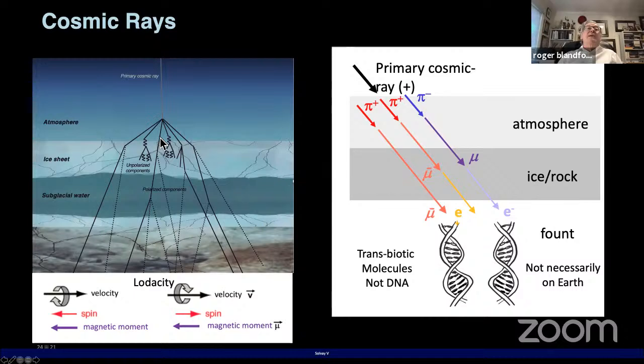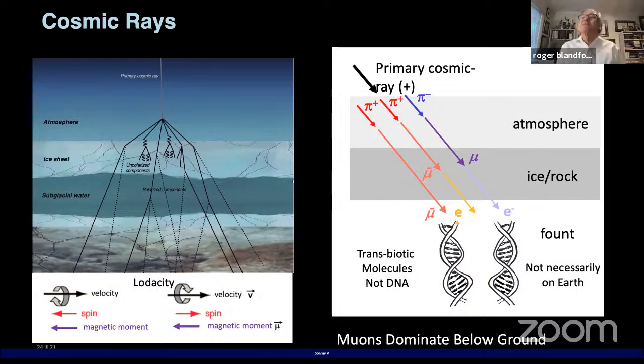These particles go through many interactions, and one of the important primary interactions it has is that it will make particles called pions, positively charged pions called pi plus, and a minority of negatively charged pions called pi minus. And it's a minority because the cosmic ray is the matter, not the antimatter from the Big Bang, and it's those positively charged protons that are accelerated in the supernova remnant and then cross the galaxy. So that's where the asymmetry comes from.